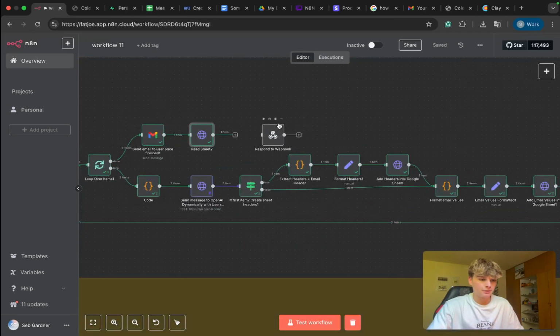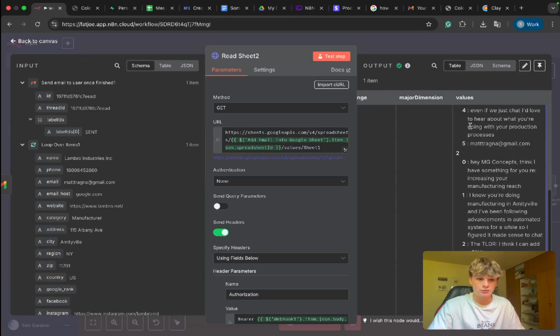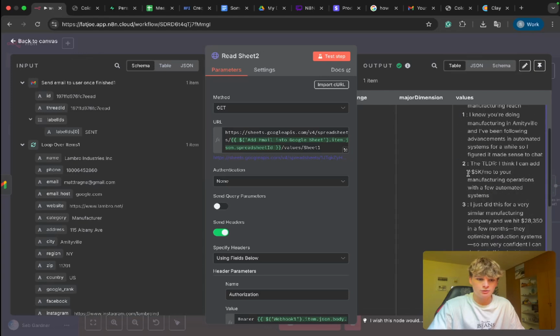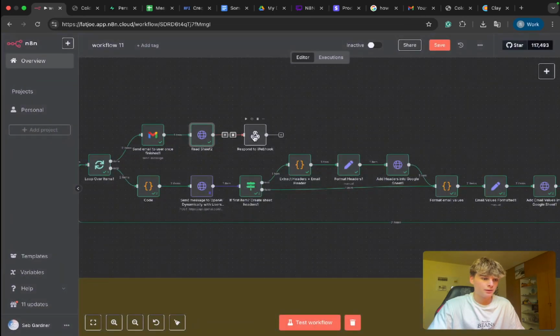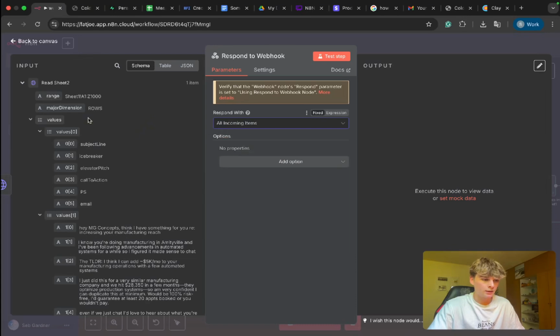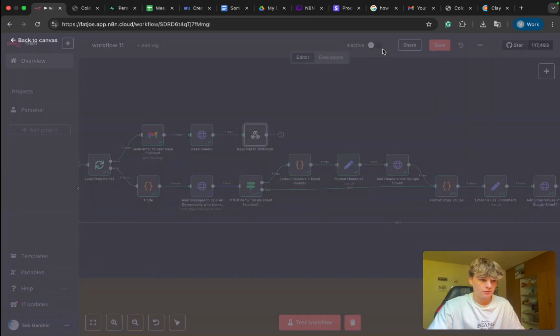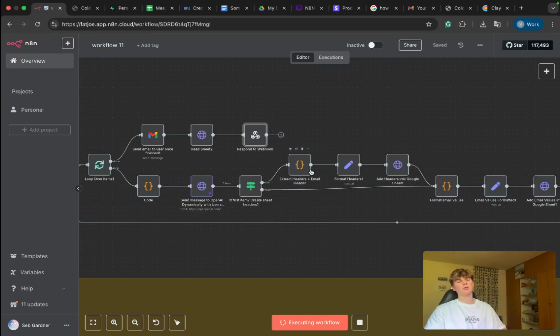Okay. Now let's see actually if it got the data. It got this. It got the headers, and then it's got row 2 and row 1. Okay. Now I think that I want to do all incoming items. And let's see what happens here. It might error, but I'm not sure. I just want to see what this outputs so then I can feed it into